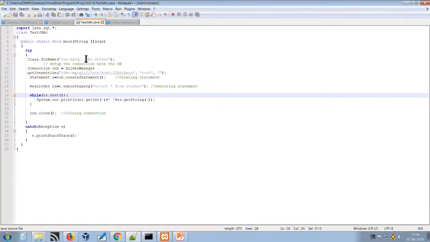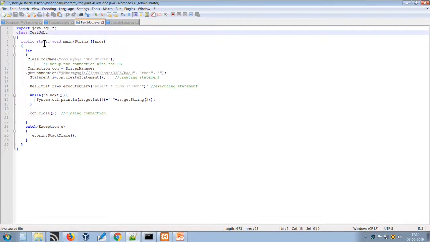Now we will see the same thing using a program. So how do we establish a connection and manipulate data in Java using a program? Let us have a look at the program. This is the simple program we have created just to test the database connection and to fetch the records from the database. First, we have imported the java.sql package.